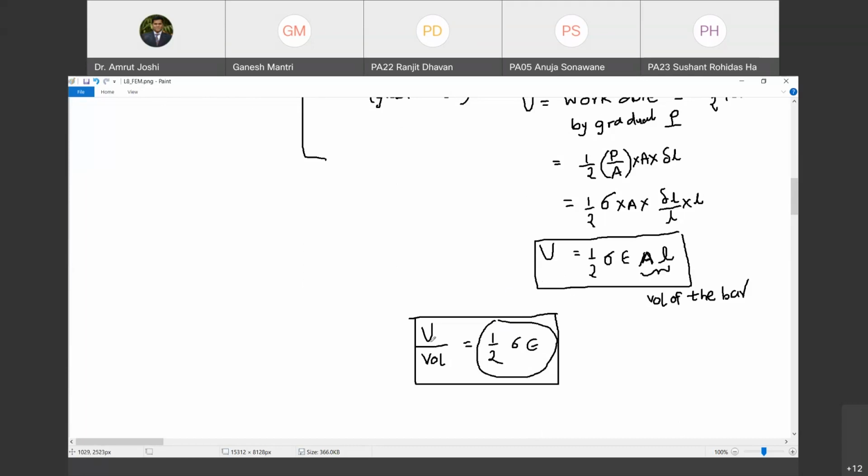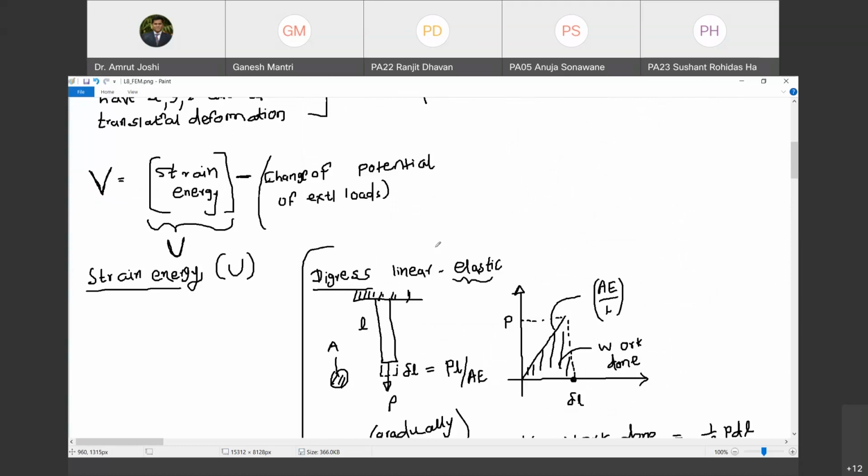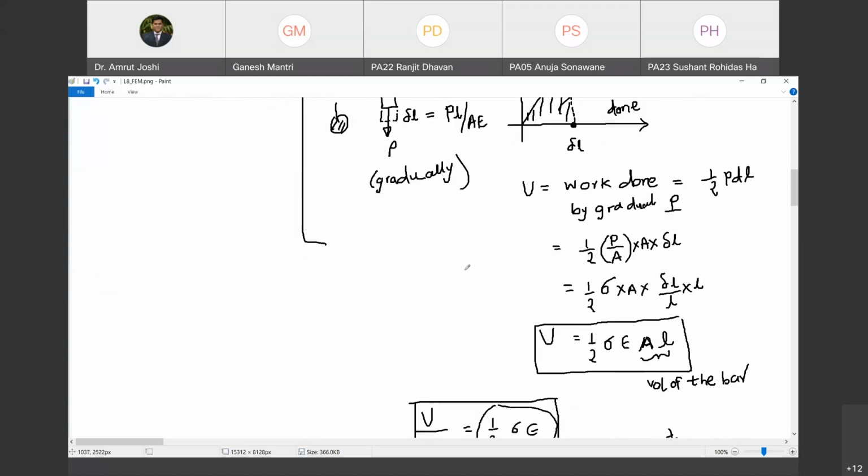So therefore this quantity that you see, strain energy per unit volume, is defined at a point. Are you with me? Yes, sir. Why? Because I have divided volume by volume, thereby I have reached at a point. So what is the strain energy stored at a point? It is nothing but strain energy stored per unit volume, which is given as half stress into strain. Happy? Yes, sir. Are you with me? Yes, sir.